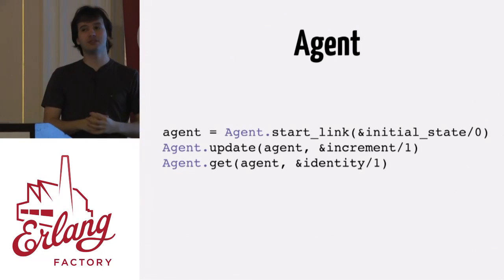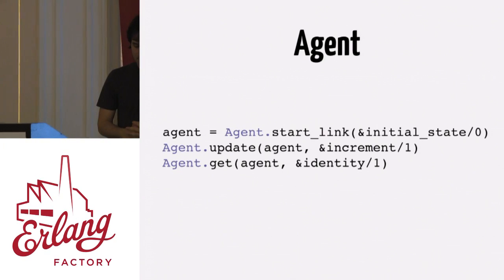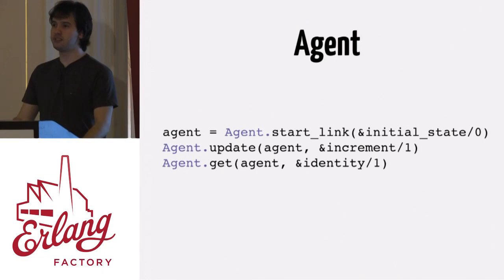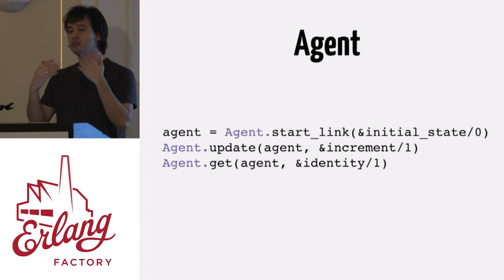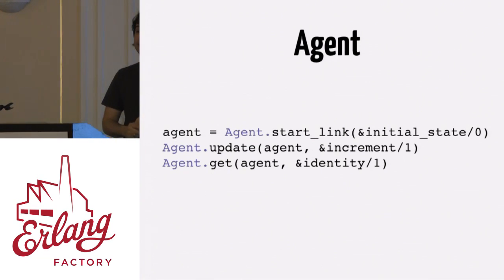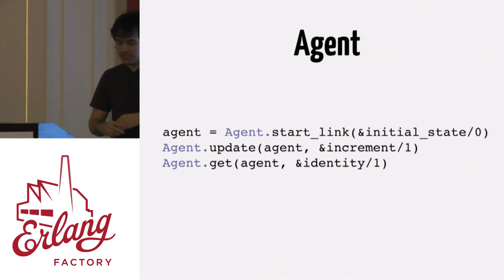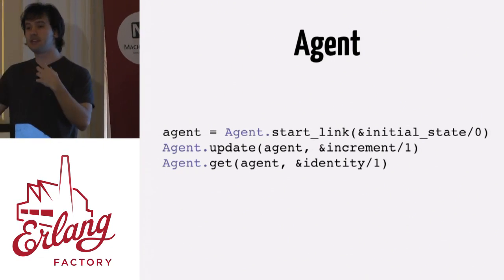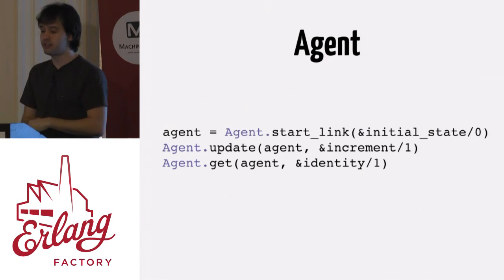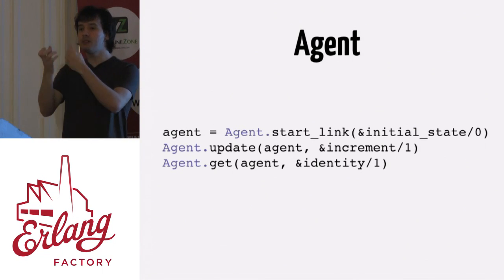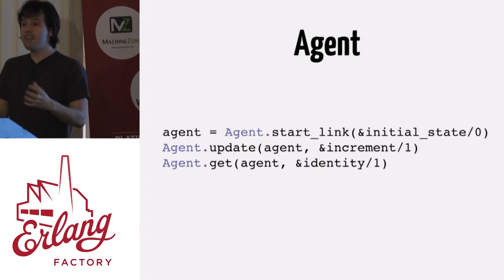And one of the main triggers for creating agents, and we saw that happening multiple times, was that people would start to learn Elixir, and they would come to our IRC channel or to the mailing list, and they would say, I just want to read this file and keep this file content somewhere I can access because I don't want to read and parse this file all the time. Right? So they just wanted a very simple agent that keeps some parsed file contents. But we didn't have agents at the time.